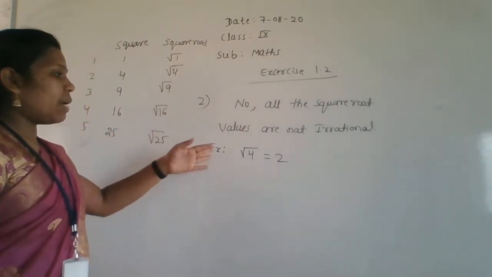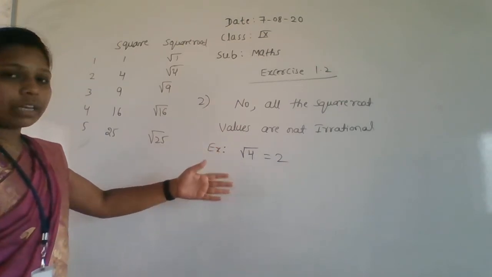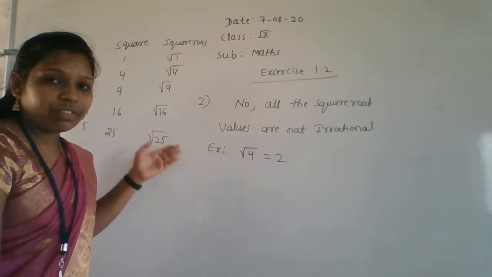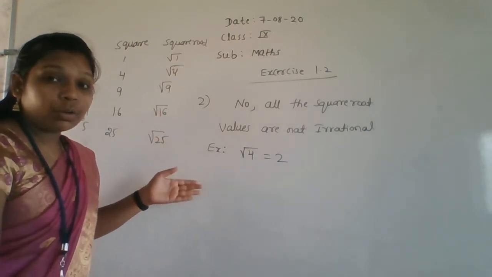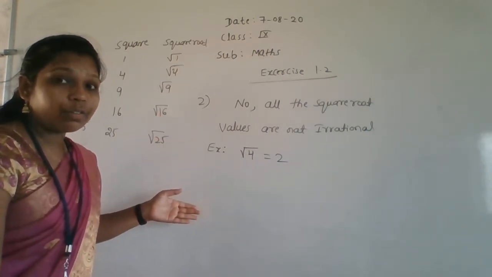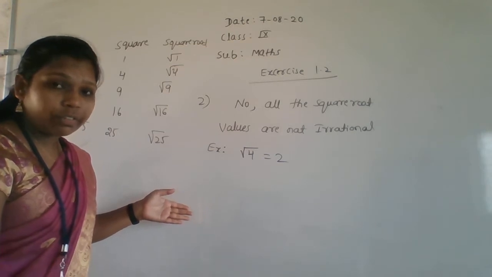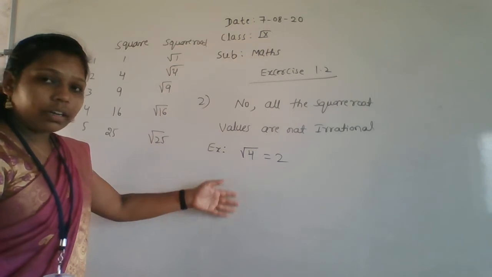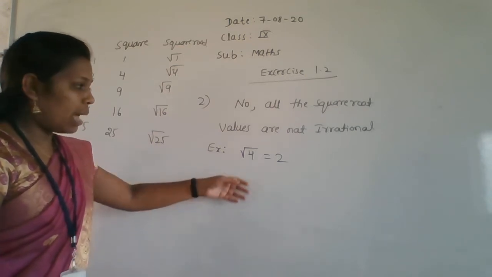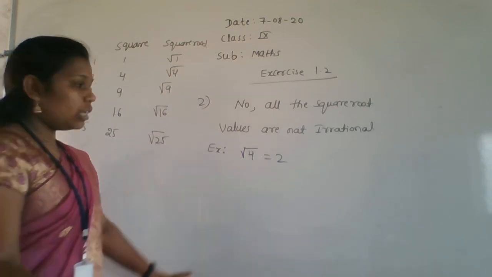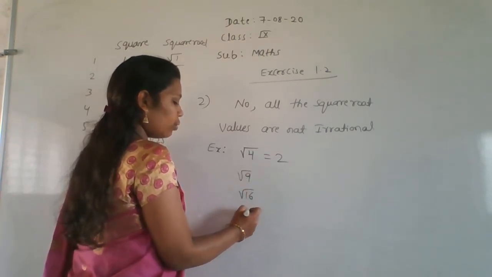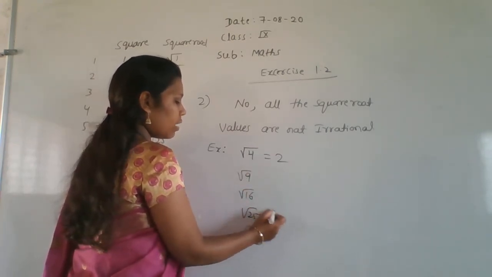Okay, so I am just giving root as an example. If you want to give other examples you can take them here: root 25, root 16, root 225. What is the value of root 25? The square root of 225 is what? It is 15. Okay, so you can write like that also. I am giving just the example root 4. If you want to give examples, root 9, root 16, root 25, all are examples here.